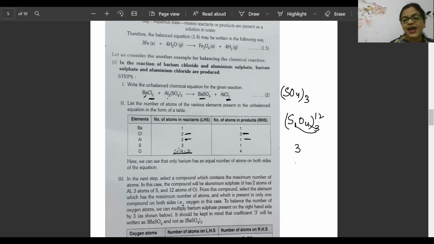So when nothing is balanced here, how to balance it? Sulfur number is not balanced. So first we will start with aluminium. Let's balance aluminium. When we have to balance aluminium, we will write 2 here. Here it is 2. Now here also 2. But the moment we changed aluminium, what got changed here is the chlorine number. Chlorine number is how many now? Tell me, what is the number of chlorine?